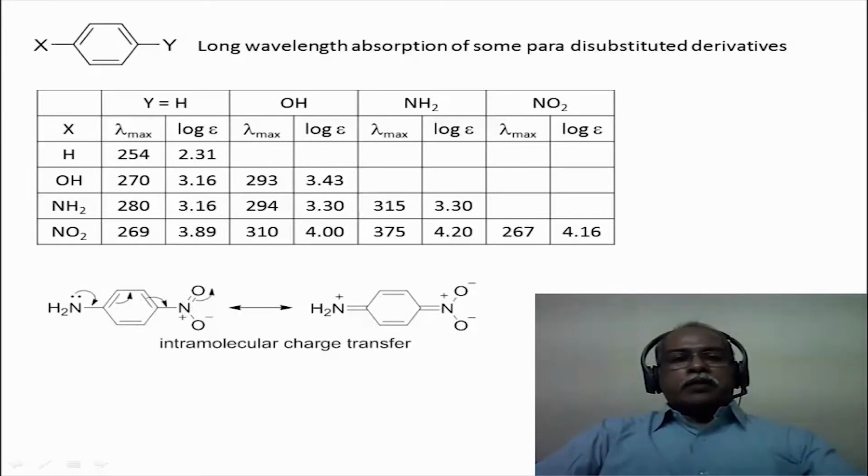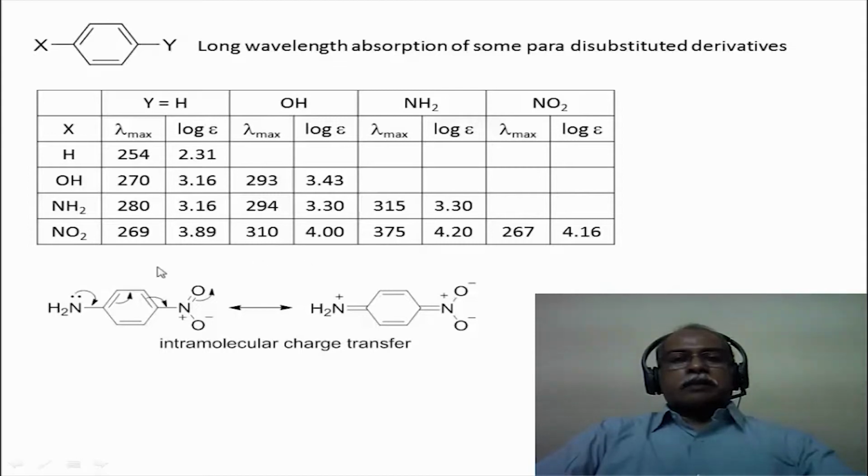The second substituent not only adds to the bathochromic shift of the pi star transition. When you have an electron donating and an electron withdrawing functional group in conjugation with each other, you can write a resonance structure which corresponds to the charge transfer structure. That is one of the reasons that when you take, for example, either para-nitrophenol, which is this particular molecule, or para-nitroaniline, which is this molecule here, the wavelength of the pi star transition essentially comes to the visible region.